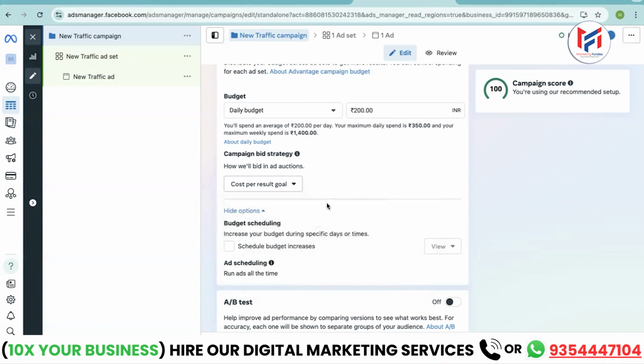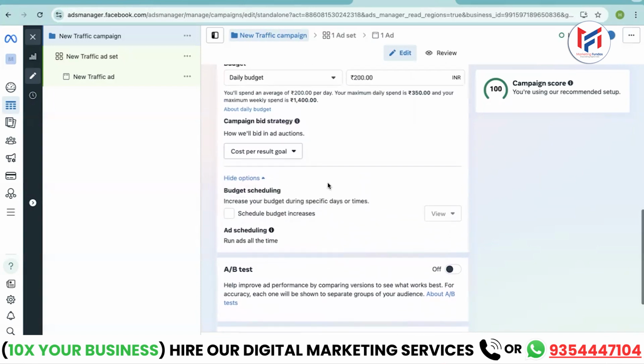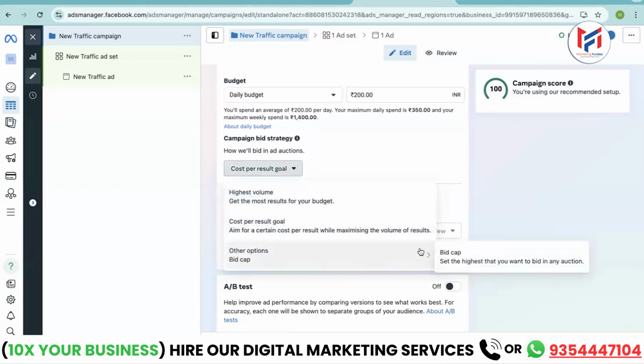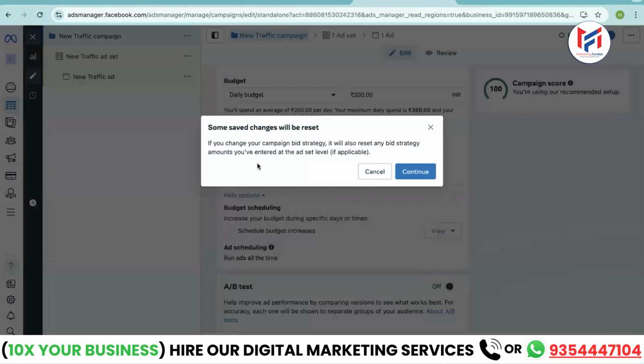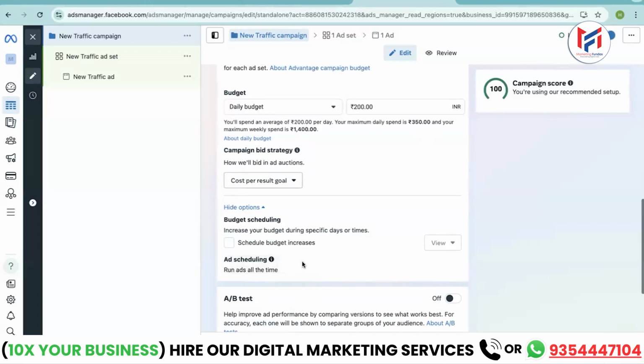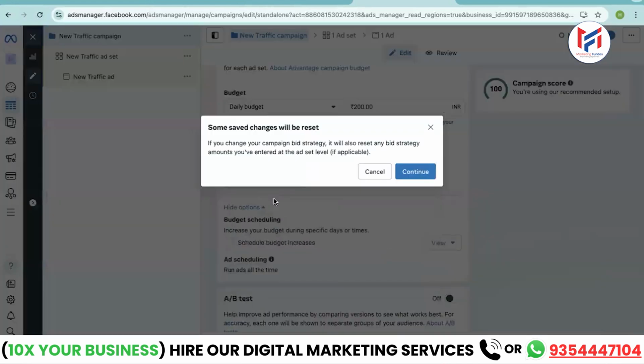But here I will then set what my expectation is and how much I can spend, meaning I'll set my budget. Or if I don't want to do this, then I can set a bid cap. What happens in a bid cap? Here we will set a particular limit: I don't want to pay more than a certain amount of rupees per impression or per click. This is my highest bid. I won't go above it. Now there are only three options showing up, but